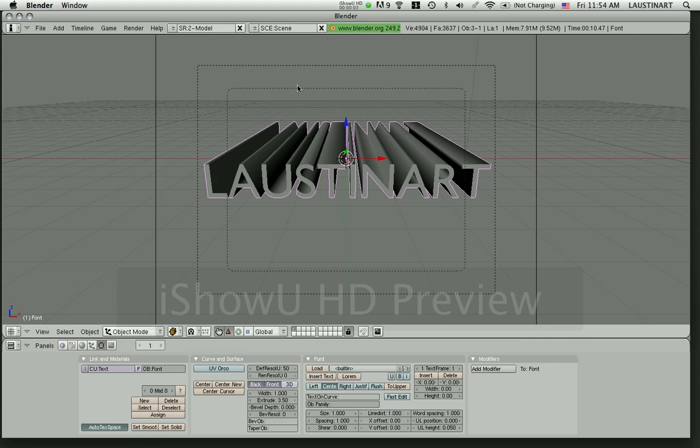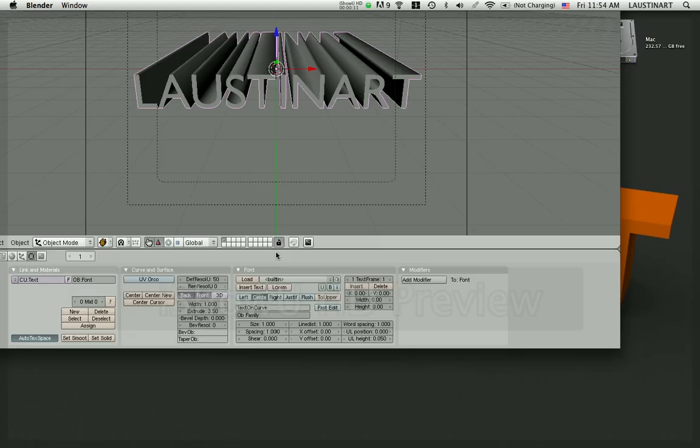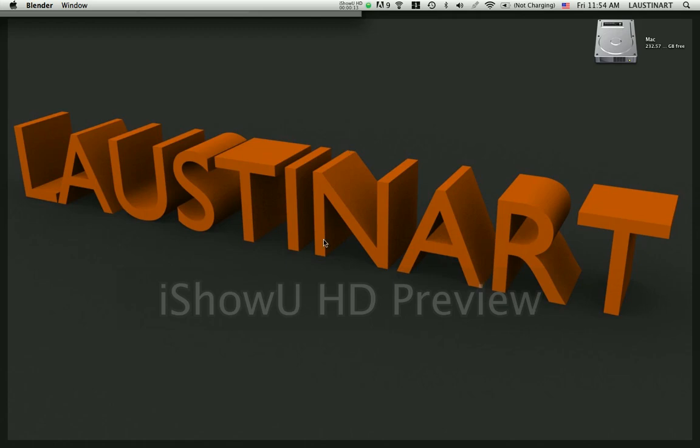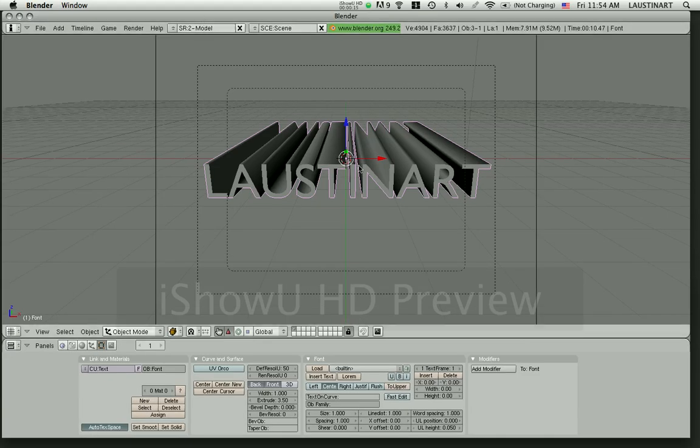Hey guys, today I'm going to be showing you how to create some high resolution images from models you've created. I'm going to use some text here today, and this is what it could look like. So the first thing you want to do is create some text, which I've already done,